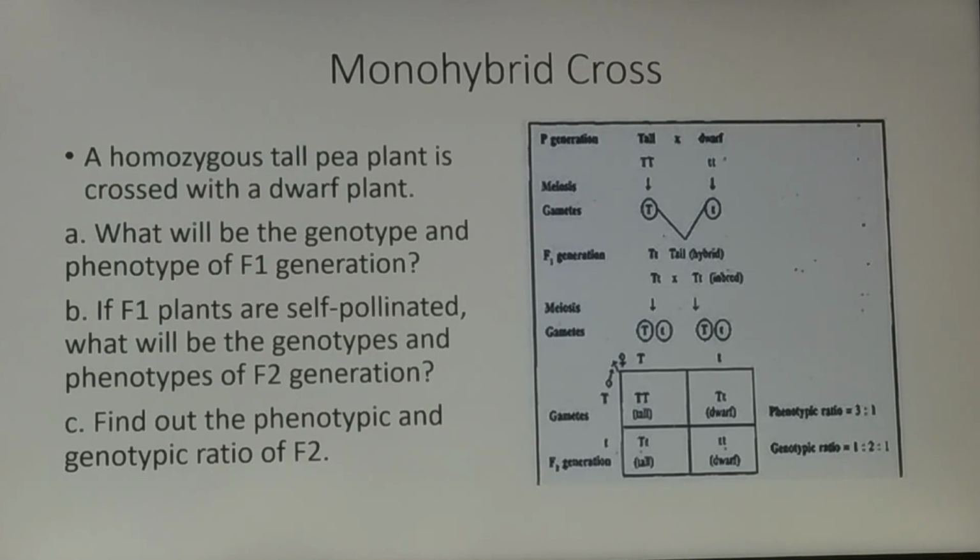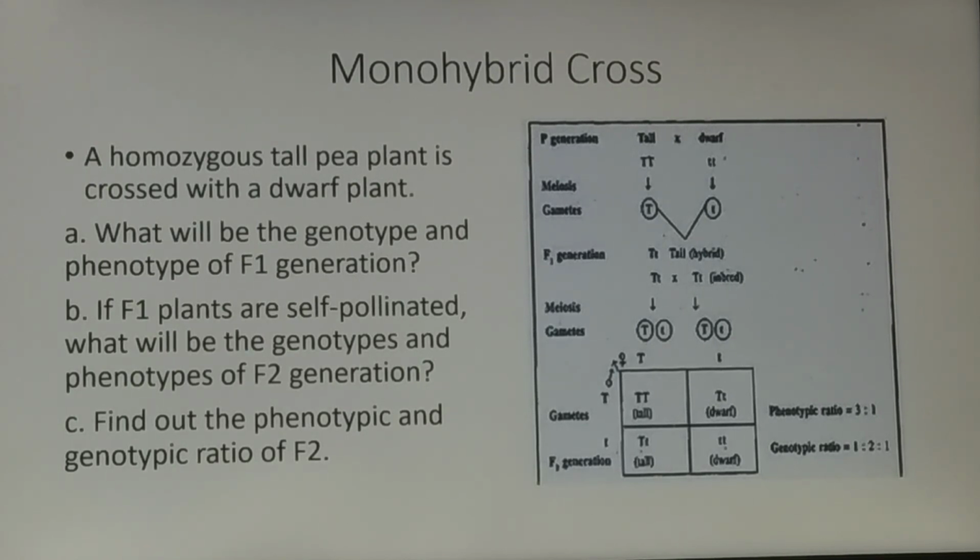Now what are the gametes here? Two different types of gametes are produced by each parent. Half of the gametes contain capital T and the other half contain small t. Okay, again now draw the Punnett square. The gametes of one parent should be written on one side and the gametes of the other parent should be written on the other side. And always remember to encircle the alphabet when you write the gametes. The alphabet should be written inside the circle. So that is how you represent the gametes.